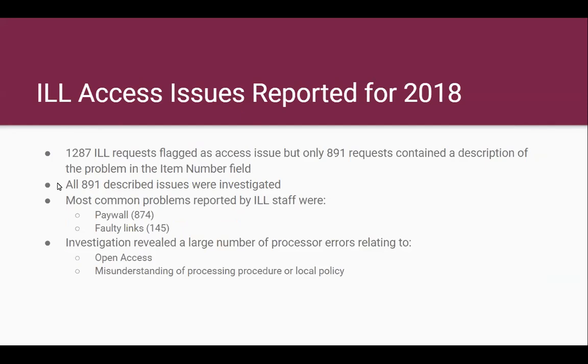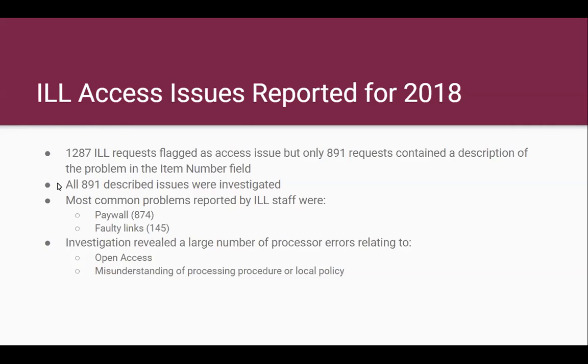So in 2019, I looked at a year's worth of data, and here's a snapshot of what I found. ILL reported a total of 1,287 access issues using the flag, but only 891 contained an actual description of the error they encountered. Of the 891 access issues described, 874 were due to a paywall and 145 were described as a faulty link. As I dug deeper into the issues, I found open access content to be a common theme,